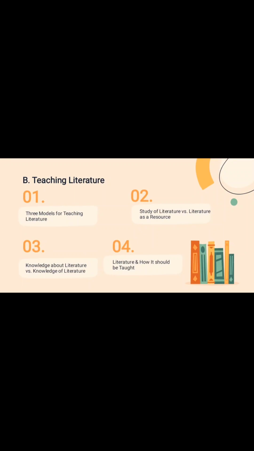Fourth, literature and how it should be taught. Competencies and skills that students should learn when literature is taught as a craft rather than as a body of isolated information. We want students to learn the following competencies and skills: how to recognize subtle and complex differences in language use,